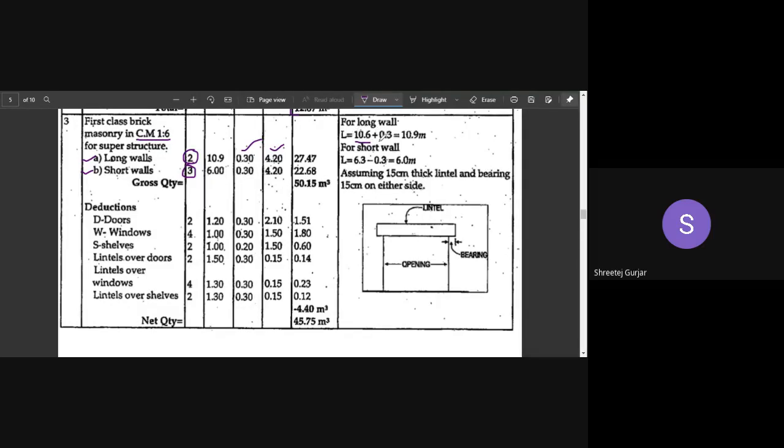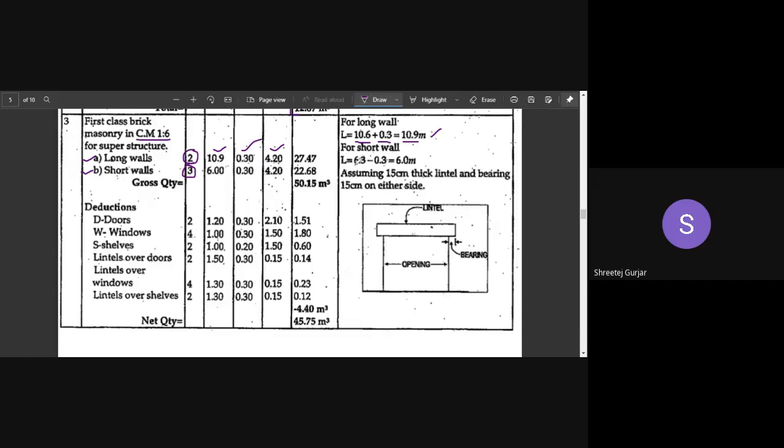To that I will add my width. For this particular item of work, my width is 0.3. So I will add 0.3 and I will get 10.9 meters. So this is my length which I have written here, 10.9 meters in length. This is the length of my long wall. Coming to the short wall,